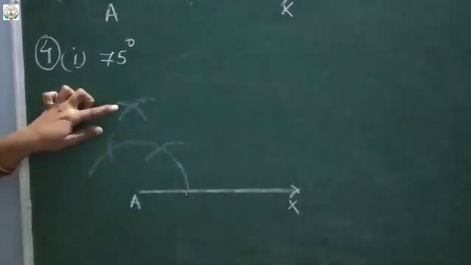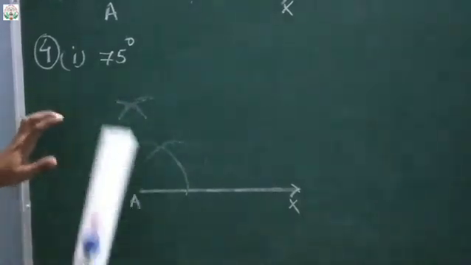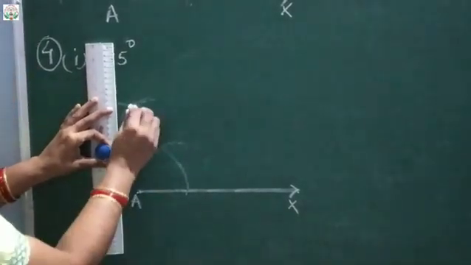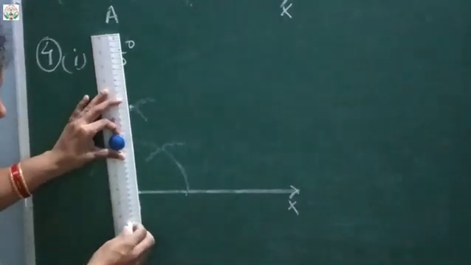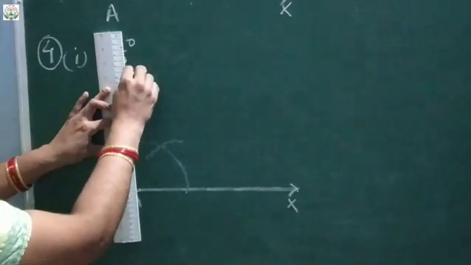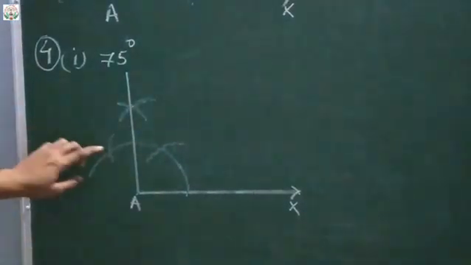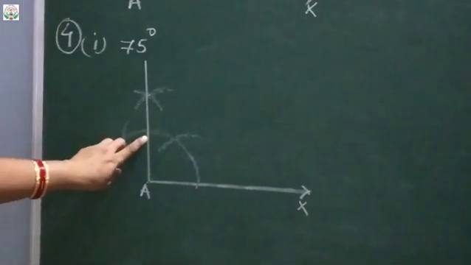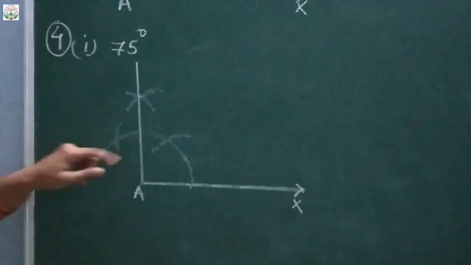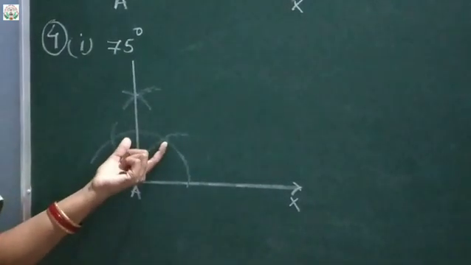Okay. So wherever the intersection takes place, this is our 90 degree line. So now join this initial point and this point with the scale. Use your scale to draw the straight line likewise. Okay, got it? Now between this 90 and 60, we will have what? 75 degree, because 75 is the angle bisector of 60 and 90.